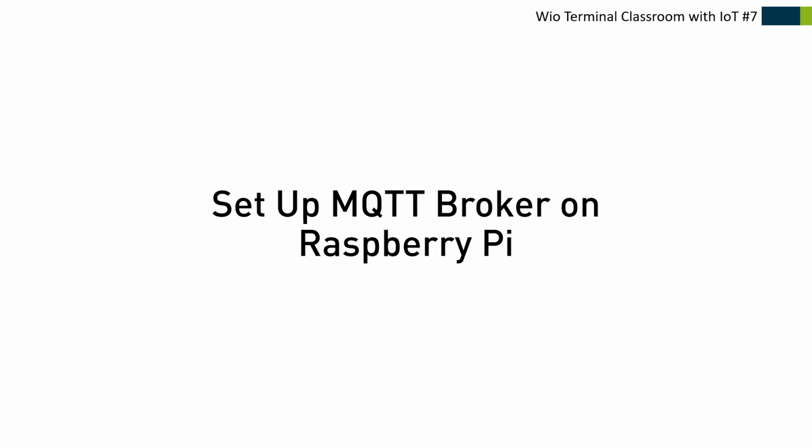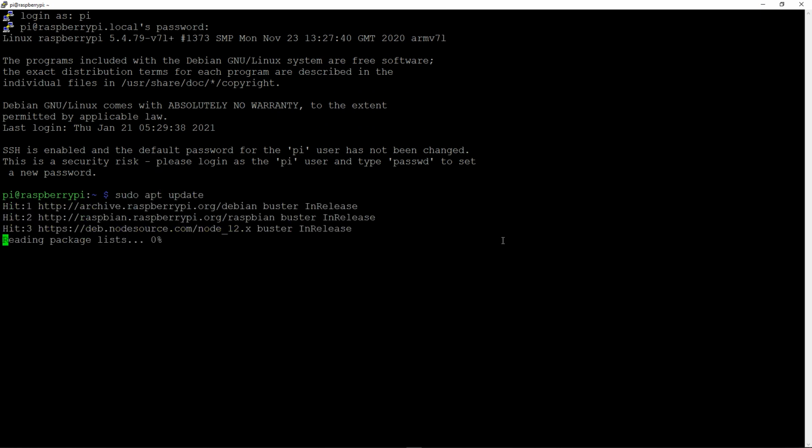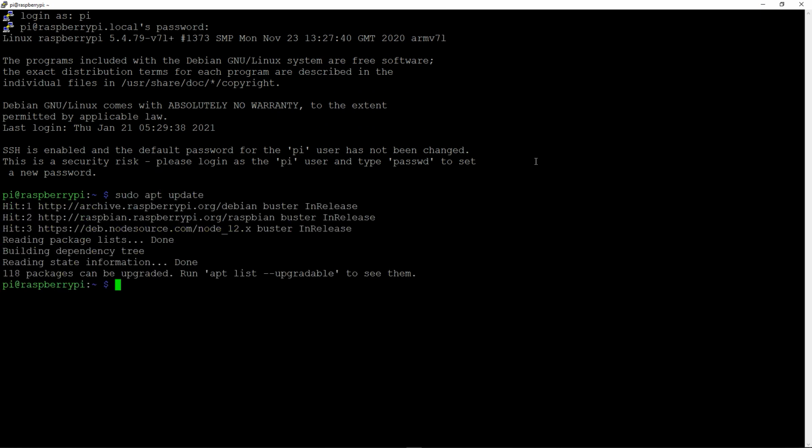Now let's go ahead and set up an MQTT broker on the Raspberry Pi. Log into the Raspberry Pi again using PuTTY, and here we will be installing the Mosquitto Broker. Update the packages by typing the following. Next, type the following commands to install the Mosquitto Broker.